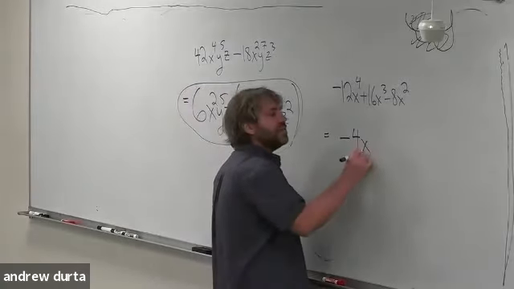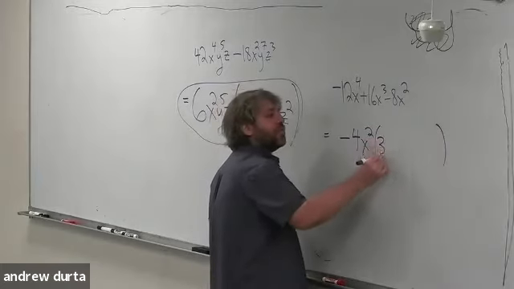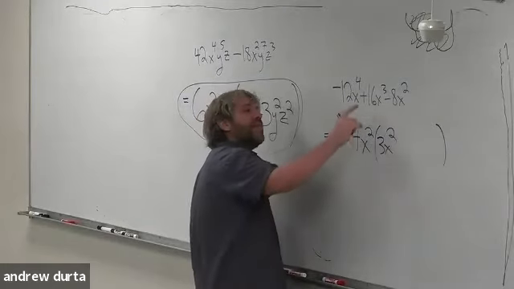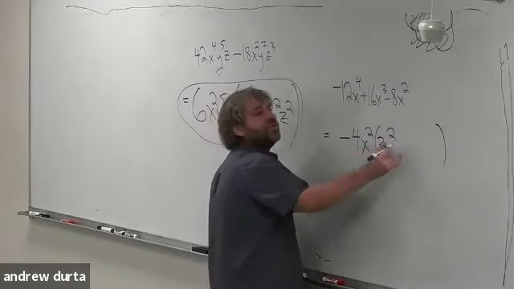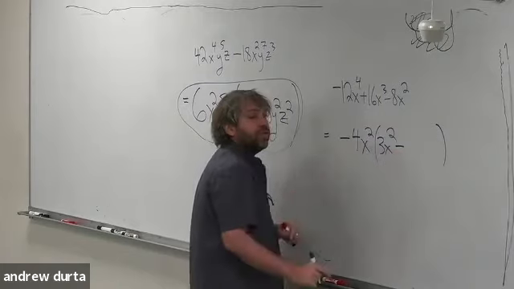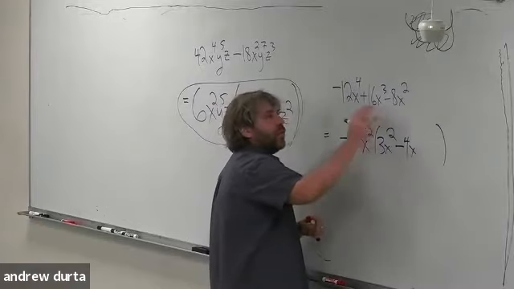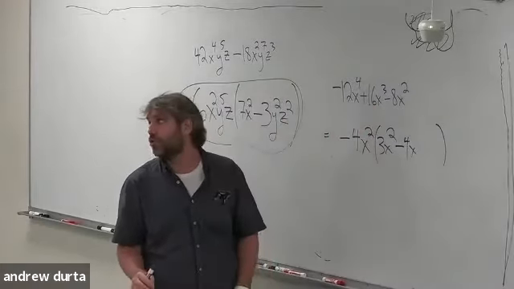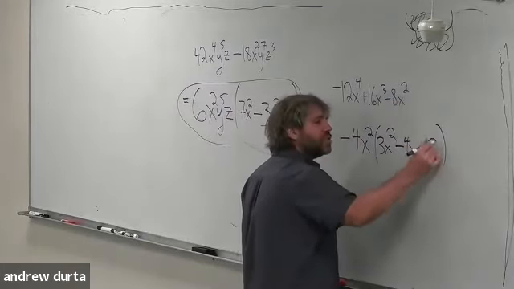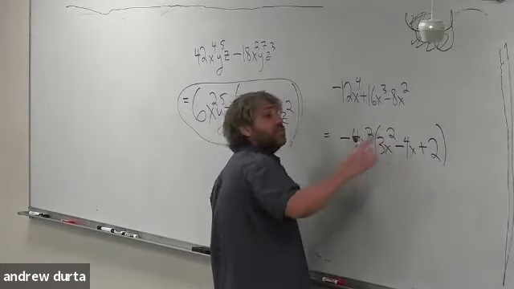So what the GCF is actually negative 4x squared. Now, what's left behind is, of course, positive 3x squared, because that makes negative 12x. And then that used to be a positive, but we ripped out a negative, which leaves us with a minus, because it's the negative that brings us back to positive when we distribute. So we're left with minus 4x here, because the negative 4x squared times minus 4x brings us back to plus 16x cubed. And then what's left here is plus 2, because the negative 4 times the positive 2 makes the negative 8, and the x squared doesn't get cracked